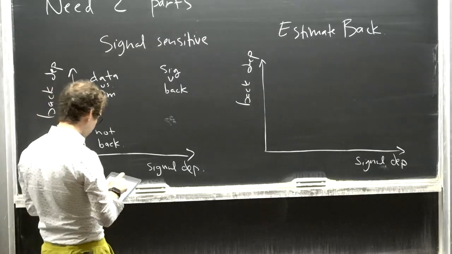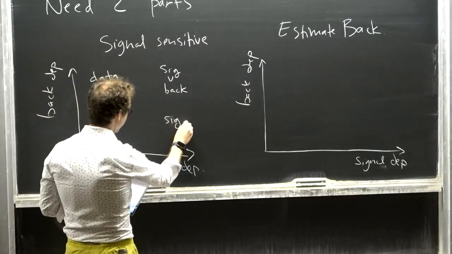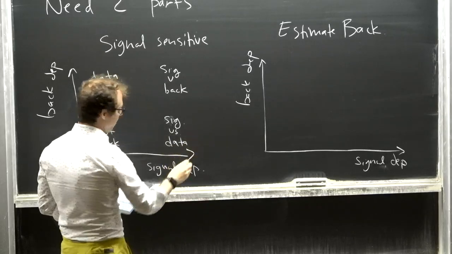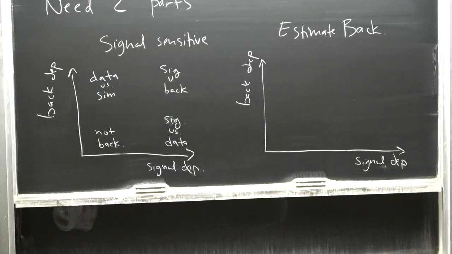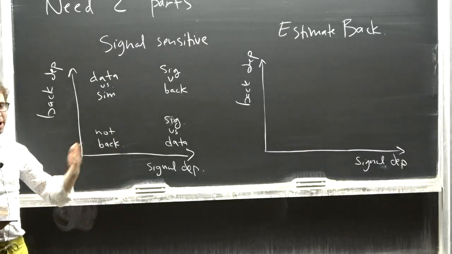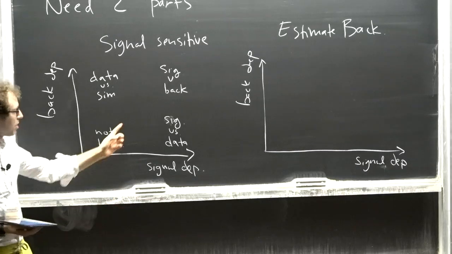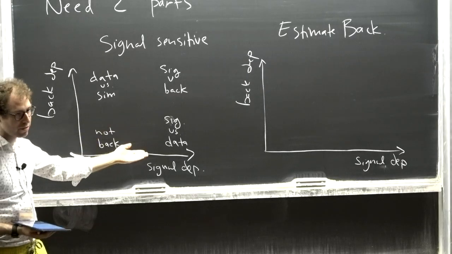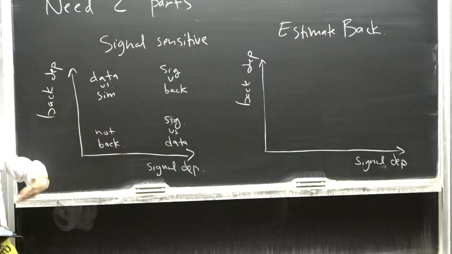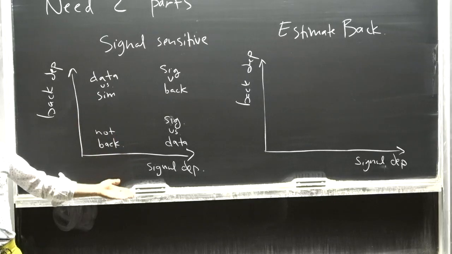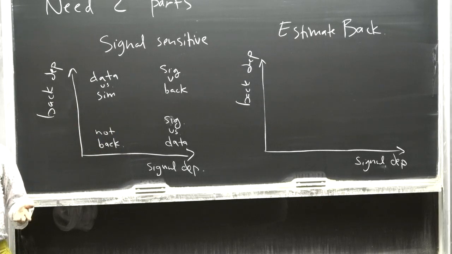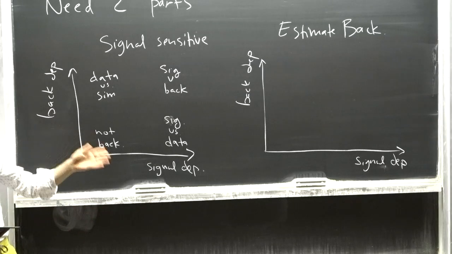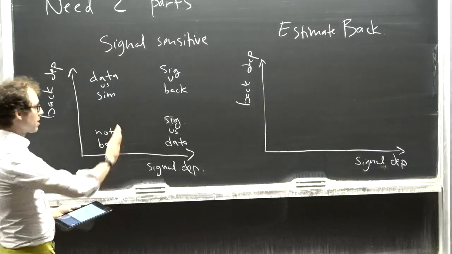The other corner is down here. This would be like, for a particular signal, let's say I specify a particular signal, and I want to develop a strategy to distinguish it from a background-enriched data sample. So this corner is not really anomaly detection, because I'm specifying the signal. But it's a very common strategy. For instance, let's say you're looking for the Higgs. You know exactly what the Higgs looks like. But a lot of the background processes for Higgs, say Higgs to gamma gamma, are not very well modeled. And so we might want to use data as a stand-in for background and develop a strategy that way. But I'm not going to talk at all basically about over there.